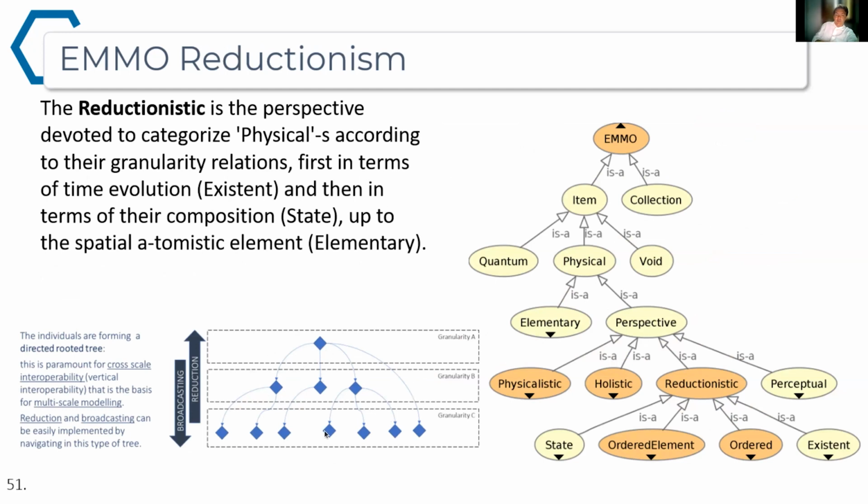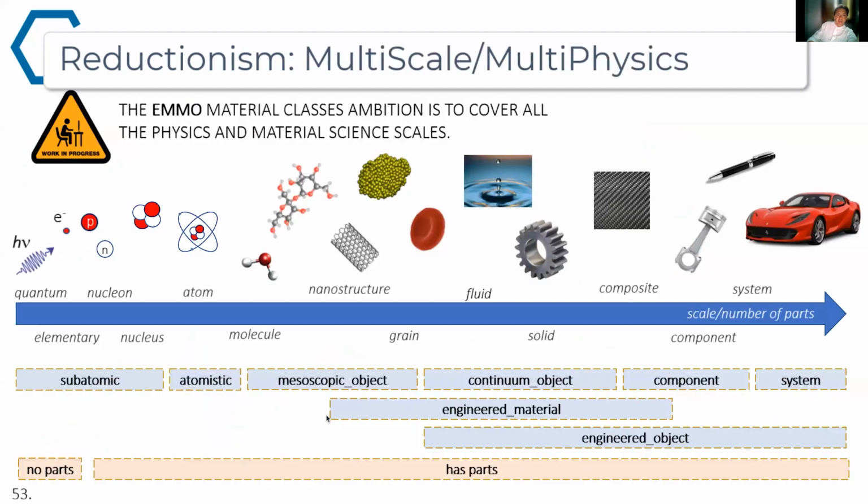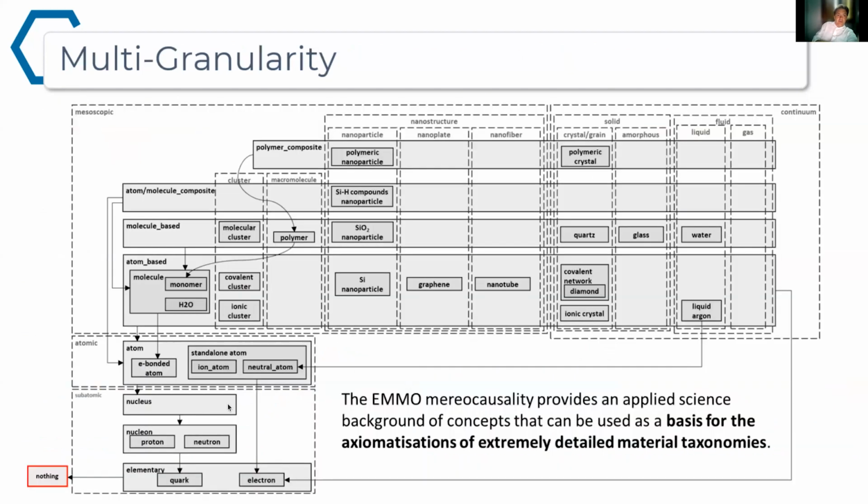This can be useful, for example, to define different levels of complexity or expertise needed to deal with a level of detail of description. So if you use this multi-granular approach, you can also represent material in a multi-granular way. For example, you can have the mesoscopic level and the continuum level